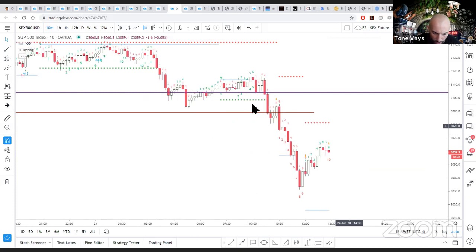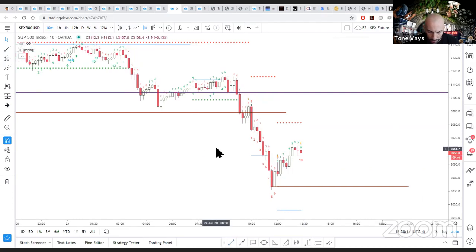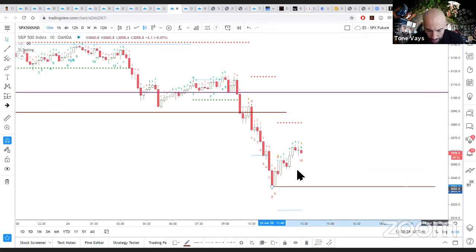The break of prior swing lows accelerate the drop. The break of this low is going to be hard to accelerate the drop, but it's possible. There's two reasons why it's going to be hard. One is the fact that we're already pretty damn low for the day. And two, the market is going to be near the end of the day. But if we are breaking this early tomorrow without breaking it before tomorrow, this will certainly accelerate the drop down, in my opinion.